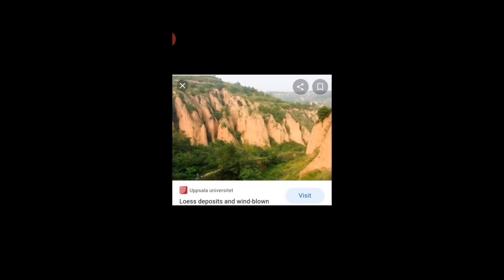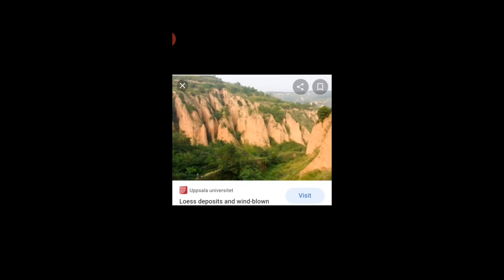And the next formation is loess plain. What is a loess plain? The wind carries fine dust particles, which are very, very fertile, children, and yellowish in color.